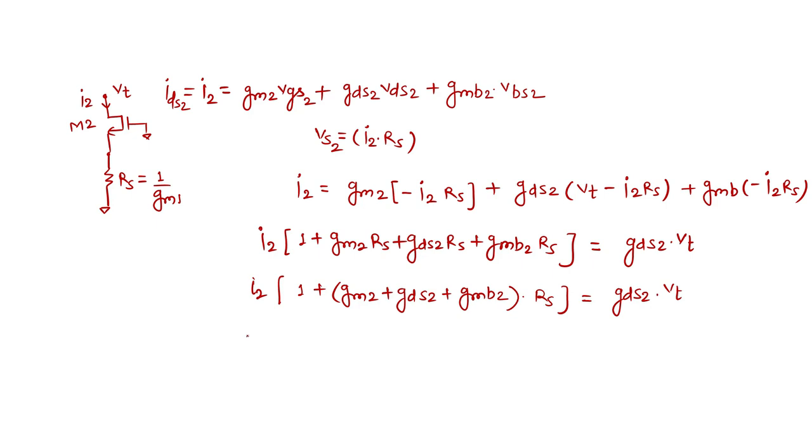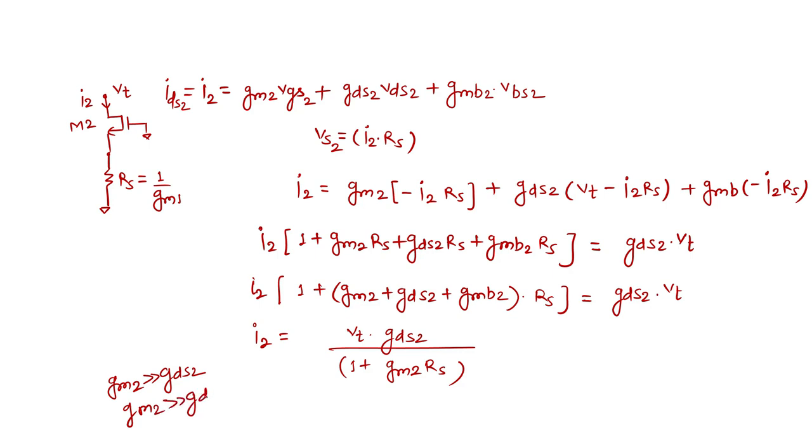Now, I2 is nothing but VT GDS2 divided by 1 plus GM2 RS. I am ignoring the GDS term and